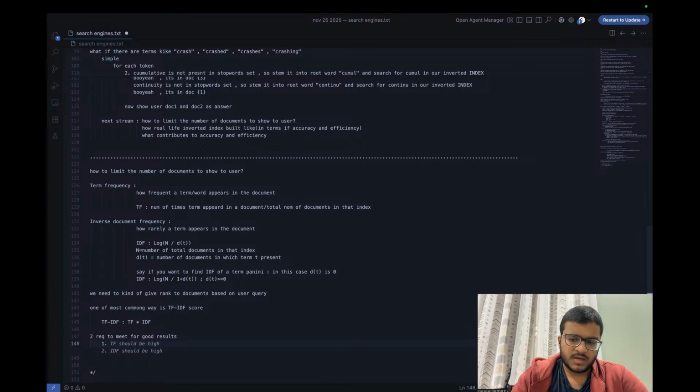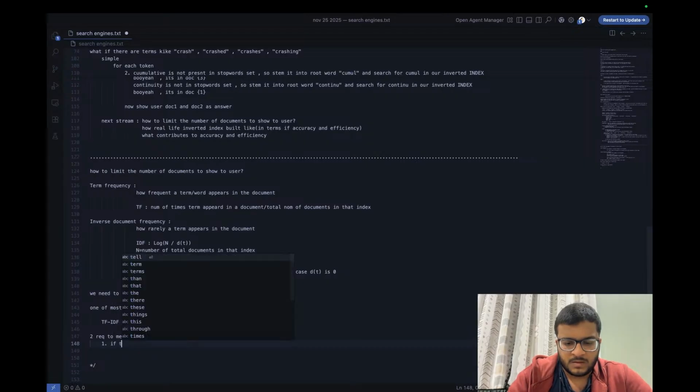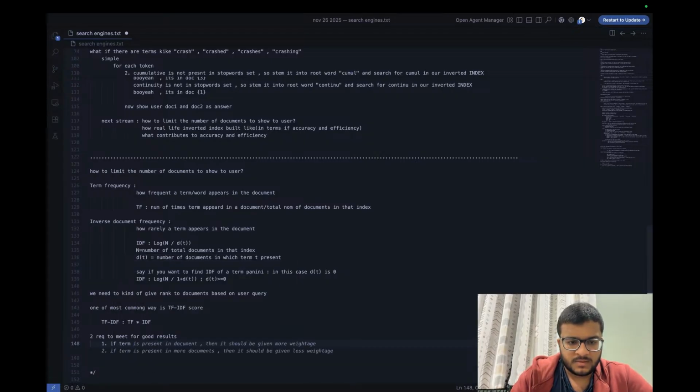So the intuition is, if a search word or a term appears more number of times in a document, the probability is that the document will contain the relevant information. So let me write down: if a term is present more frequently in a document, then there is a high probability that